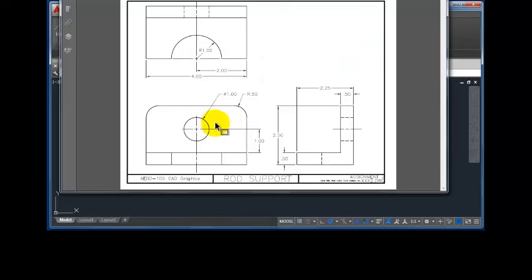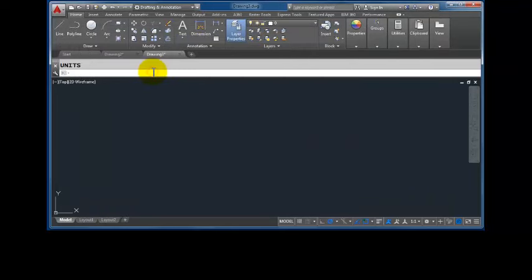The next decision I need to make is to decide, do I have enough space in my drawing editor to work with? In this direction, I've got 4 inches plus 2 inches, the space between views, plus 2.25 inches, or 8 1/4 inches. In this direction, I've got 2.5 inches plus 2 inches between views, and then 2 1/4, or 6.75, 6 3/4 inches. So if I check my limits command,